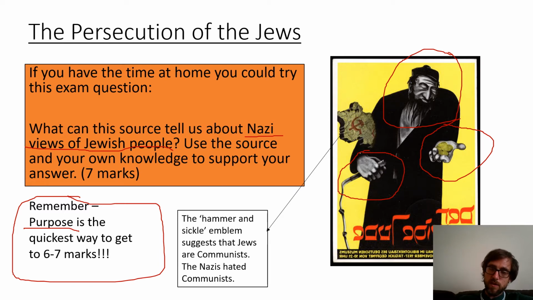So they're using propaganda to encourage German people to hate Jewish people, to persecute them, to get them ready for Gleichschaltung, the anti-Semitism, getting Jewish people out of jobs, Jewish boycotts of shops, and getting them ready for the Night of Broken Glass, Kristallnacht. So these are the types of things that you would be able to write using this source, okay? So if you want, you can have a go at doing this at home.